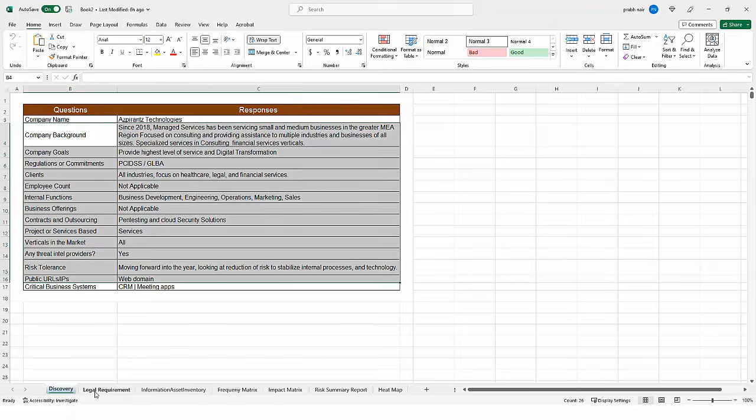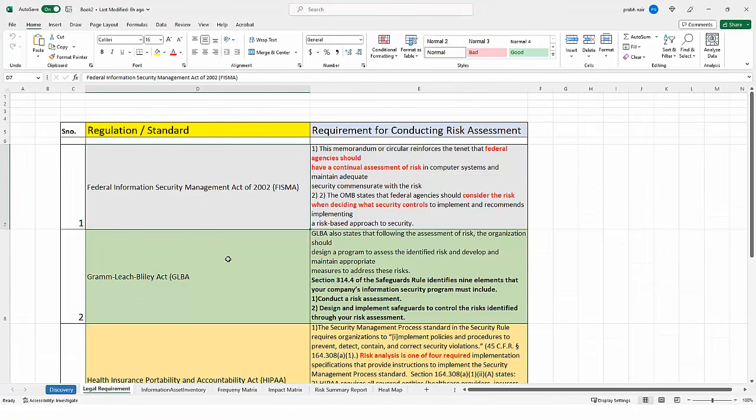Then on the next tab, I will document the legal regulatory requirements. Suppose Infosec Aspirant Technology is doing business in the US and in the UK. So when they're working in these respective countries, they have to abide by legal regulatory requirements. In this case, I have to see how my company is going to be impacted by the regulation.